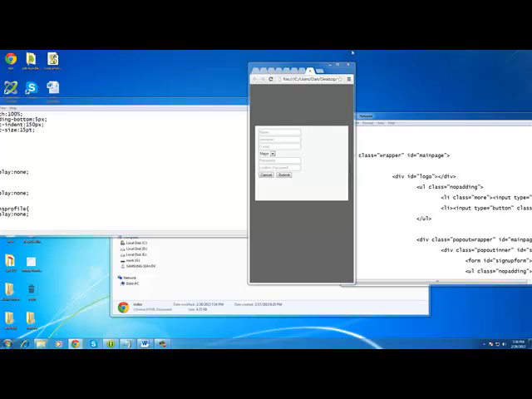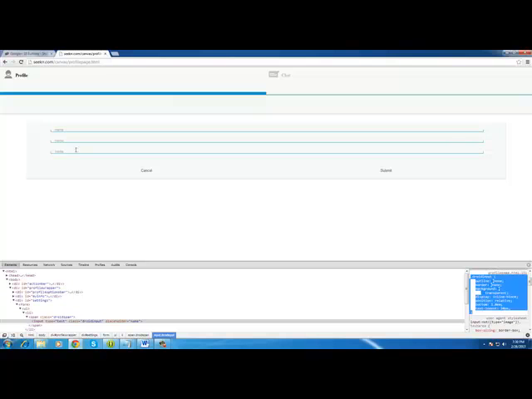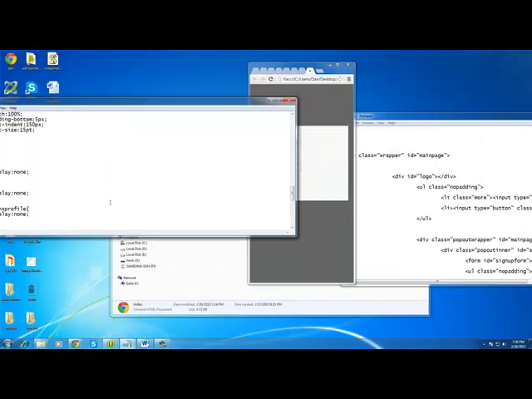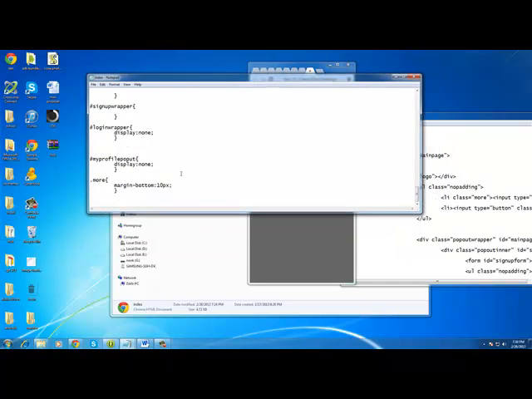Okay, we're going to make our inputs look like Android native inputs. So this is what I have for them. Type in .droid input,